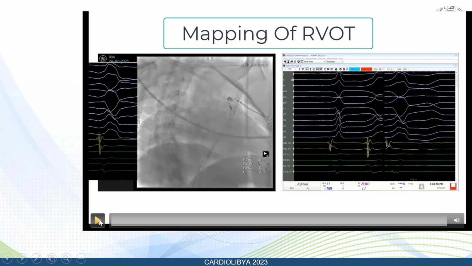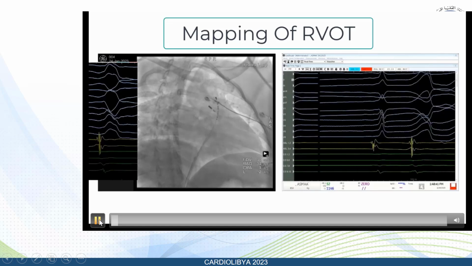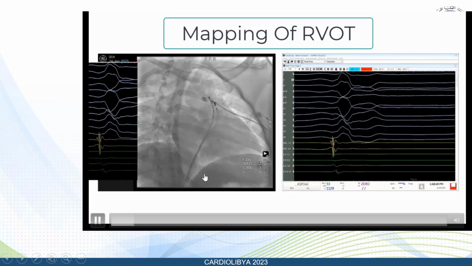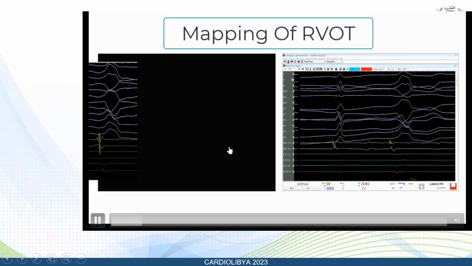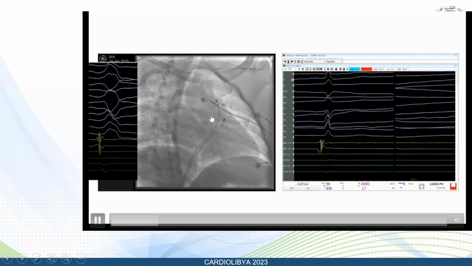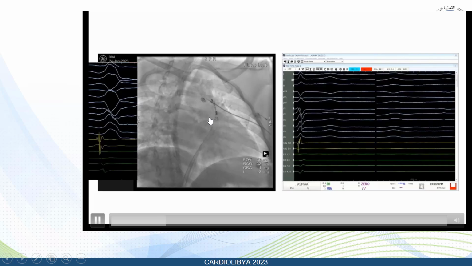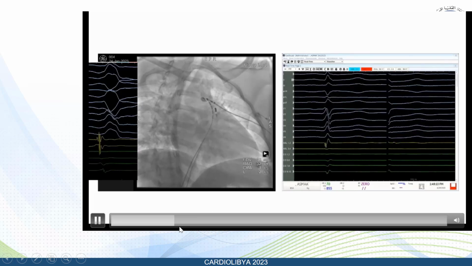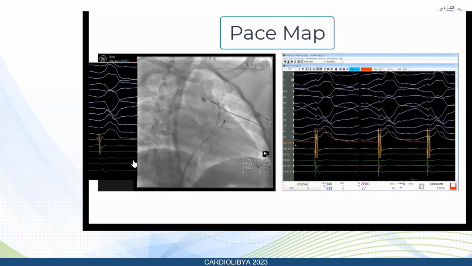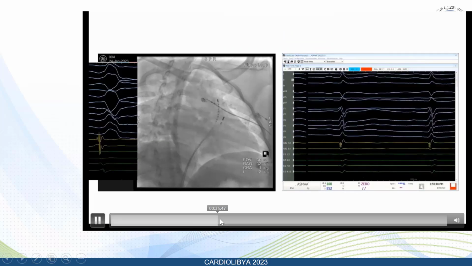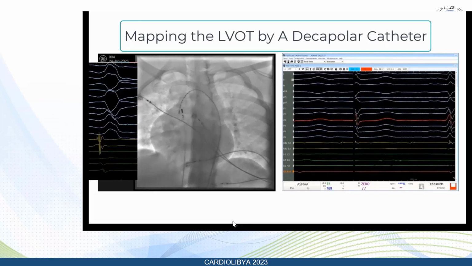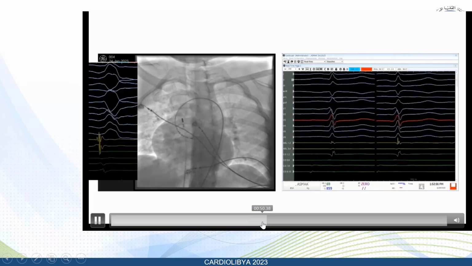We start our procedure by insertion of a decapolar catheter into the RVOT to map the RVOT, and also here we insert the ablation catheter to map the site of earliest activation appearing on the decapolar catheter. PVCs become less frequent, so we do pace mapping. Then we go for mapping of the LVOT using a retrograde approach, but it was